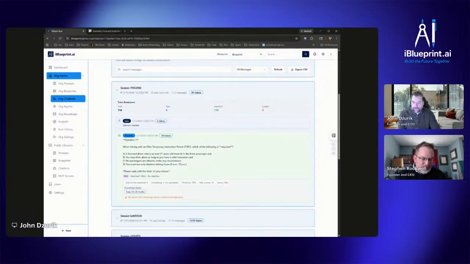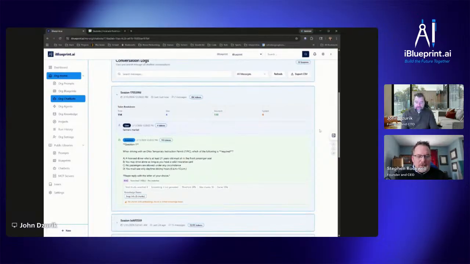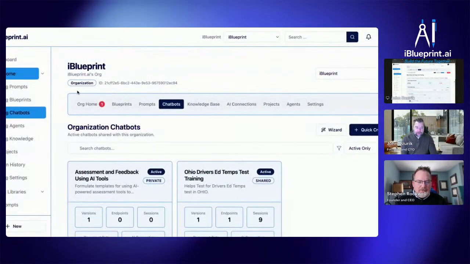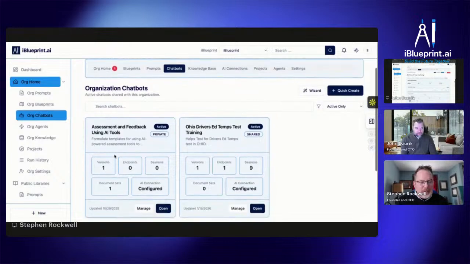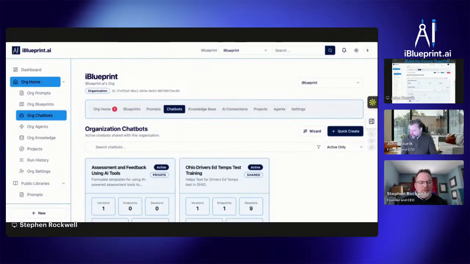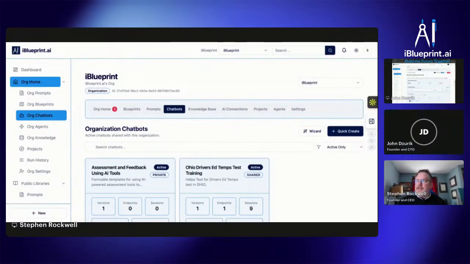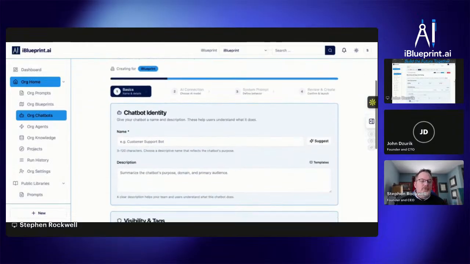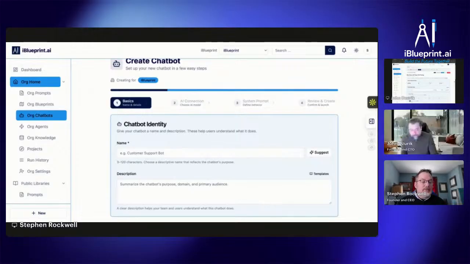However, I also want to show, if you are a lay user, there's still plenty of easy functionality for you to address. We now have, like we showed last time in prompts, AI that can help you with your prompt and rewrite your prompt for you. We also now have a wizard on chatbots that allows you to, within just a couple of minutes, spin up